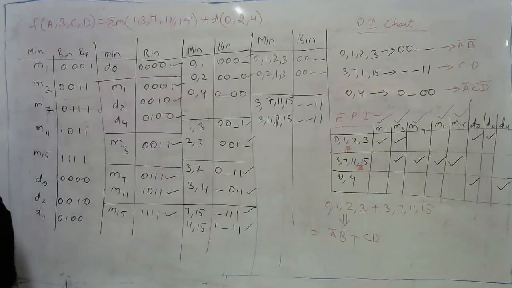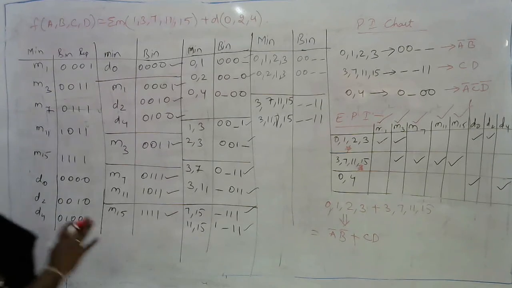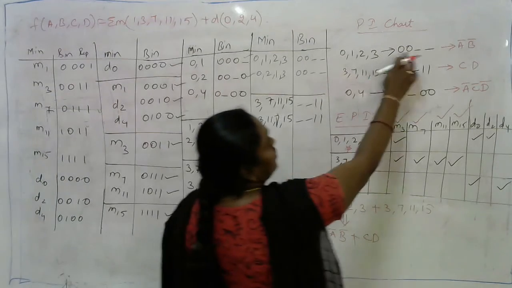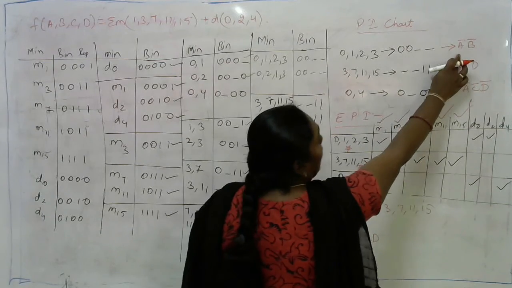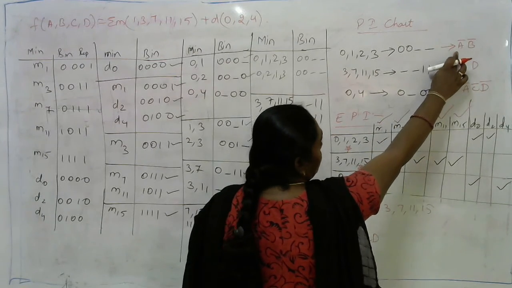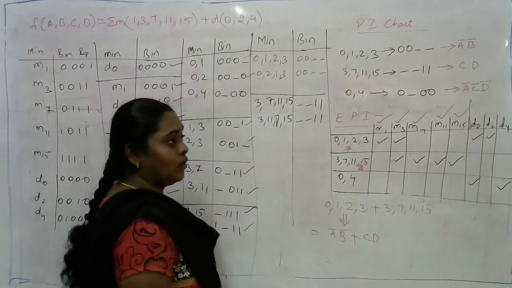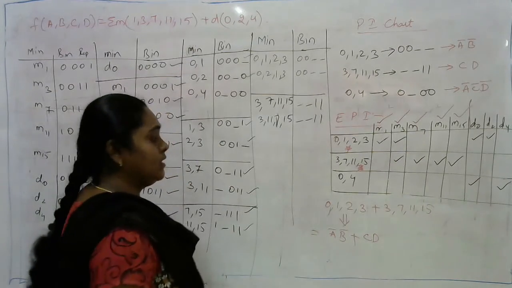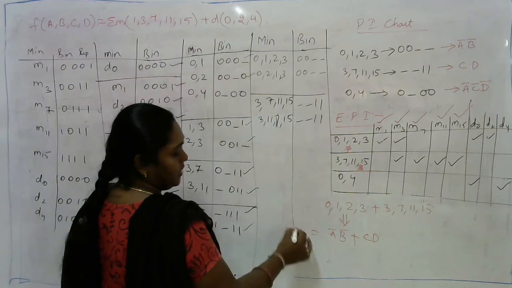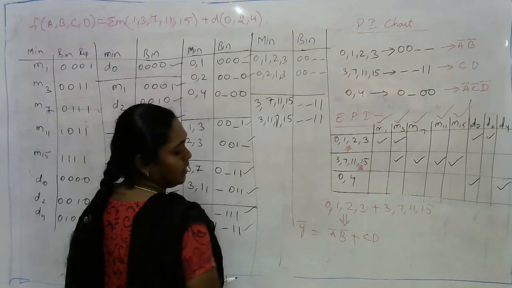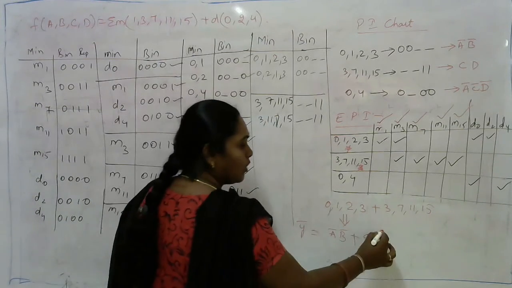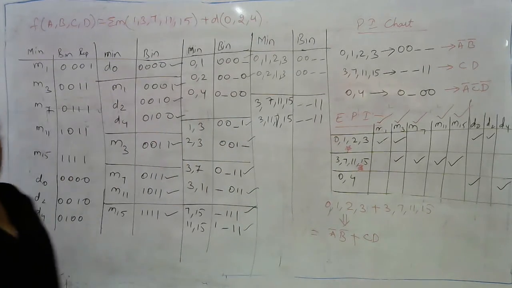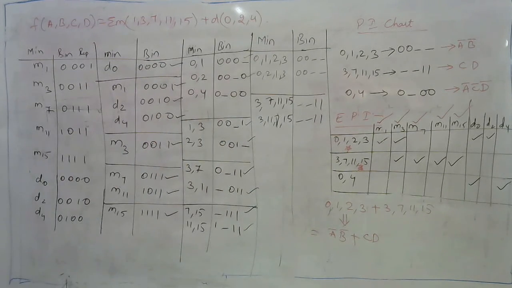It may be an SOP or POS. Even if it is a POS, the only change is that wherever we have zeros, we need to replace them with the uncomplemented form, instead of the complemented form. Instead of dot, we replace it with plus. Or in simple words, if it is a POS expression, this becomes a whole bar. Just keep a whole complement for this and perform De Morgan's theorem. Whatever expression we get is nothing but the POS expression.